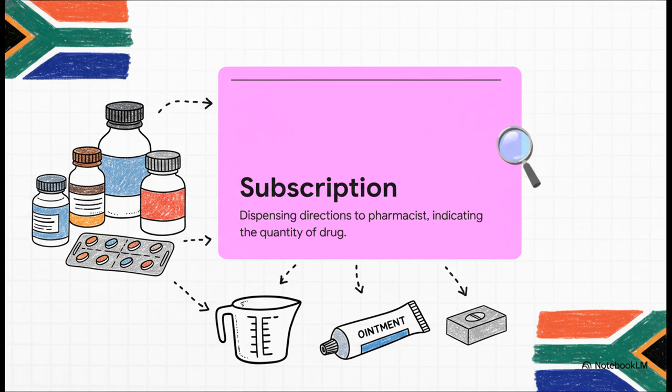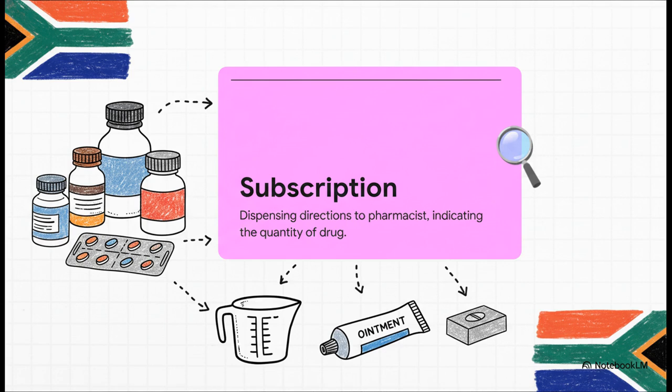Immediately following the inscription is the subscription. Now, this part isn't for the patient. This is a direct communication from you to the pharmacist. You're telling them the exact quantity to dispense. This could be the number of dosage units, the volume of a solution, or the size of an ointment tube. You generally want to prescribe the absolute minimum quantity needed for the treatment duration, mostly just to avoid unnecessary or